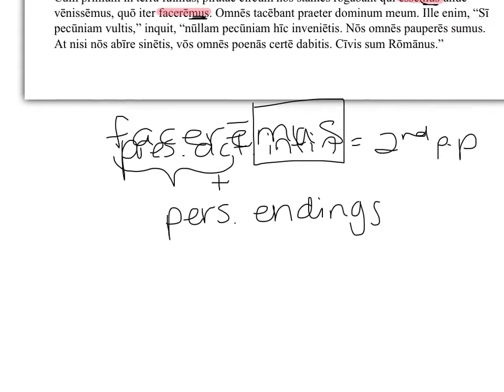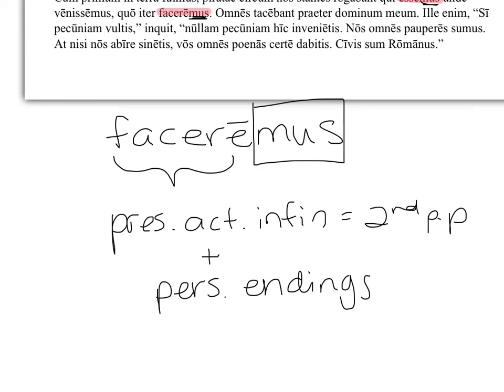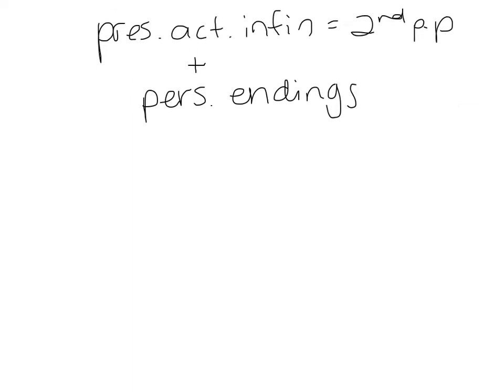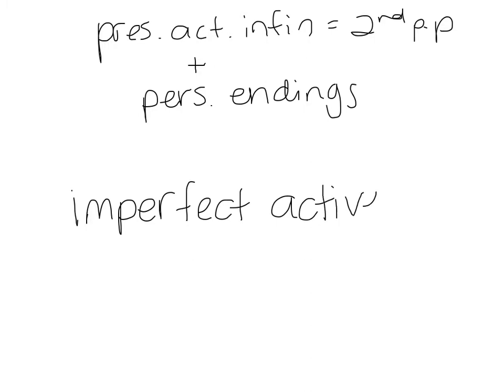And this form, sorry, hold on one second. I want to scroll our whole page up. This new form is our imperfect active, because we're using active endings, o, s, t, mus, tis, nt. Our present active, new word for you, a new mood, subjunctive. We're going to talk about what subjunctive means and how we're going to use it in class. Right now, we're just looking at the form.